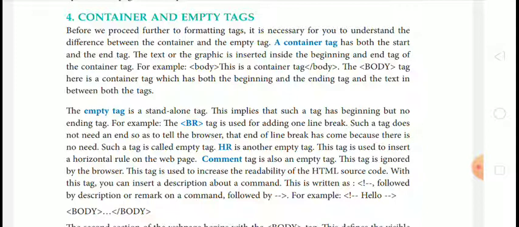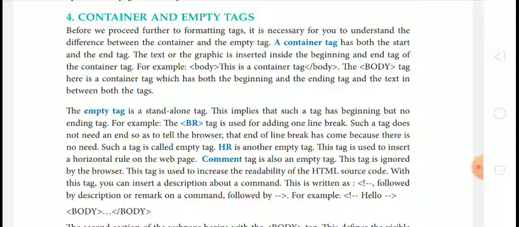Means what is the difference between a container and empty tag? A container tag has the start and the end. The text or graphic is inserted inside the beginning and end of the container tag.